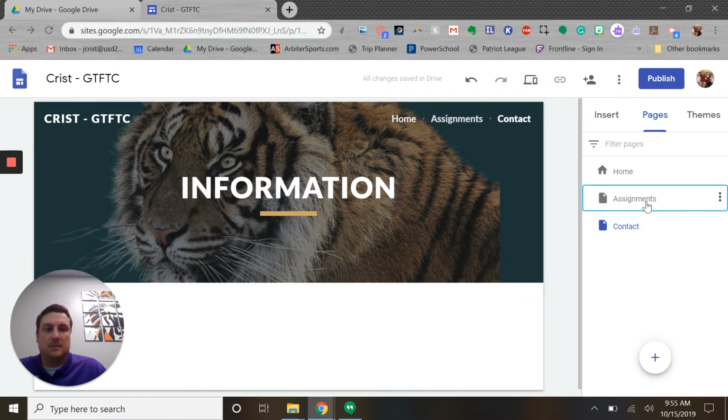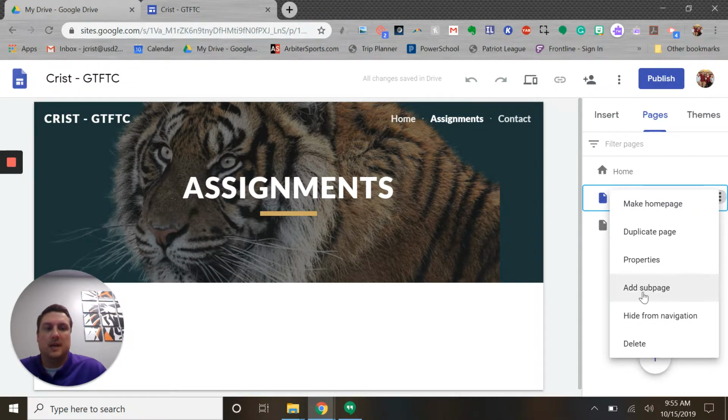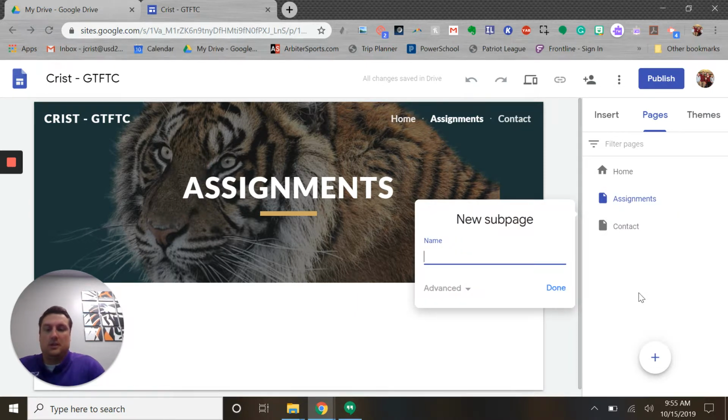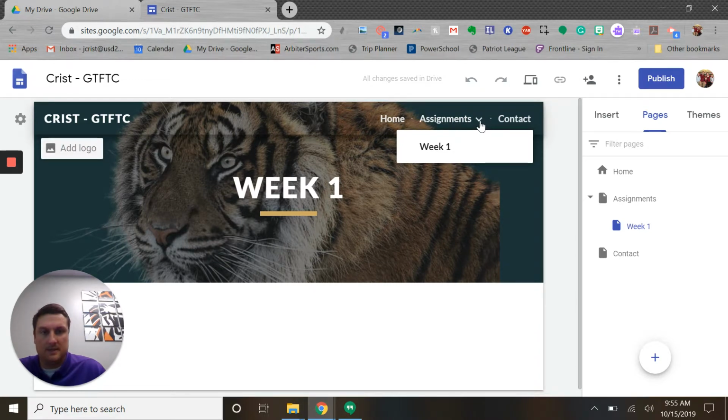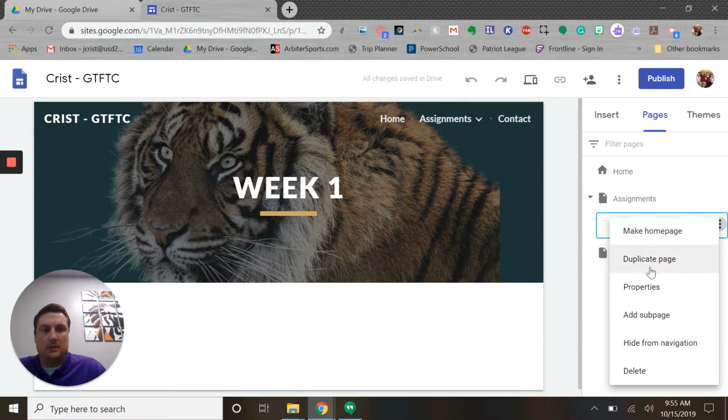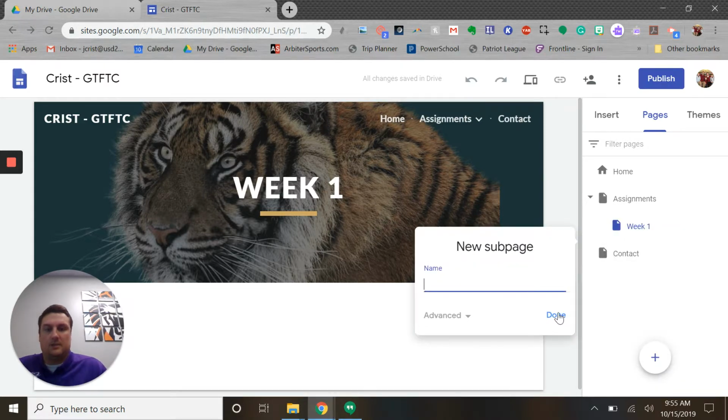Now with the assignments, I'm going to click on assignments here. If you want to make subpages, in other words, like a drop down menu, which we may want in assignments. So let's say I've got my assignments page, and then I'm going to add a subpage. I'm just going to call it week 1. And that's going to create a subpage inside of the assignments page. And you'll notice now on assignments, it's got a drop down arrow that I can hover for week 1. So I'm going to go ahead and come in here and I'm just going to add